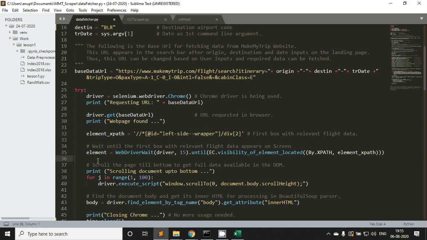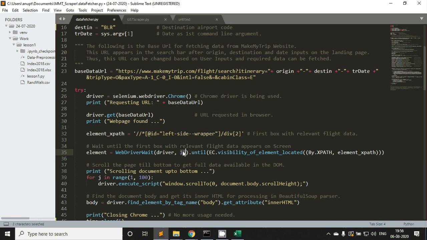When I wrote it, I had found that some element is the first one to load, and I checked if that is already loaded. Okay, here I'm saying that if the visibility of that element is located, until then we have to wait. Wait for 15 seconds. If it doesn't load within 15 seconds, then it will throw an error. But it's saying that for up to 15 seconds you wait until this element is visible.